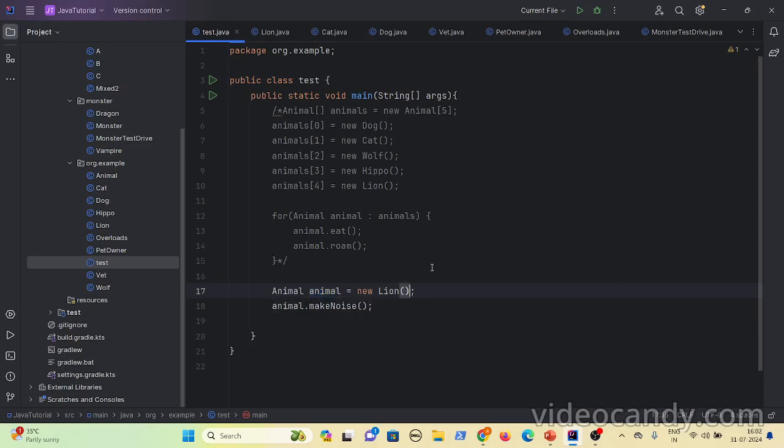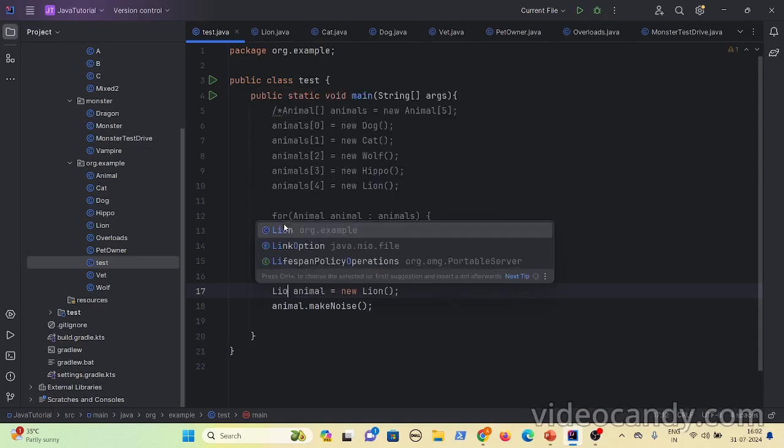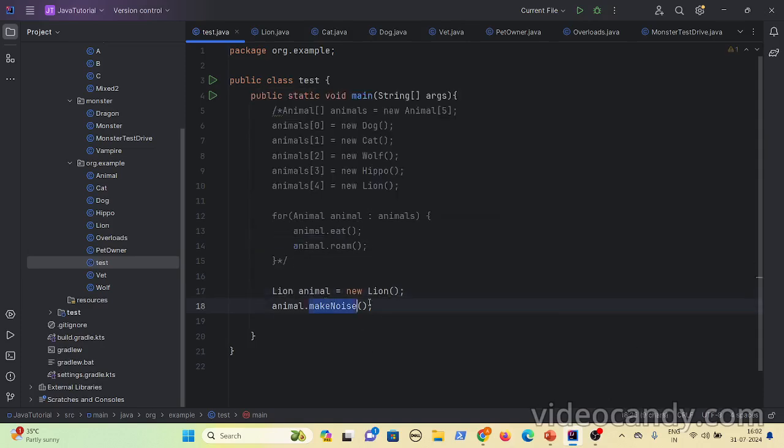Now to achieve polymorphism, the only thing we have done is use the superclass reference types instead of the concrete reference types. Let's say if I use lion and do makeNoiseOf, it will invoke only the makeNoiseOf method present in the lion. It won't work for the dog.